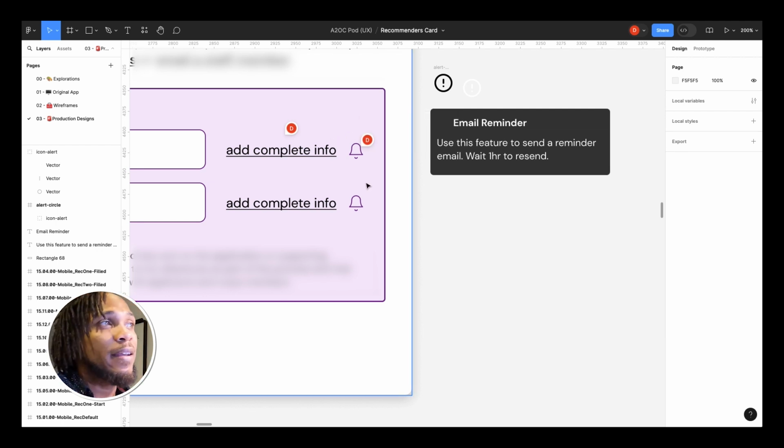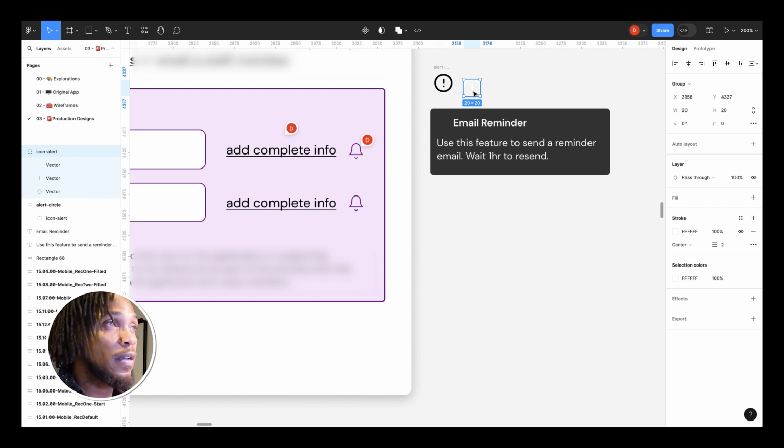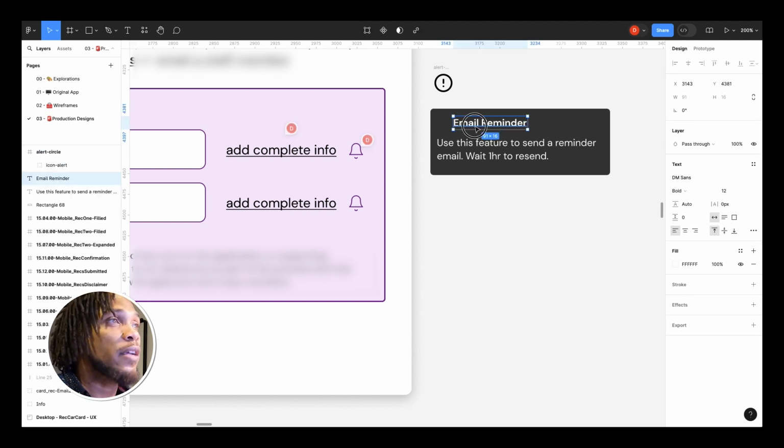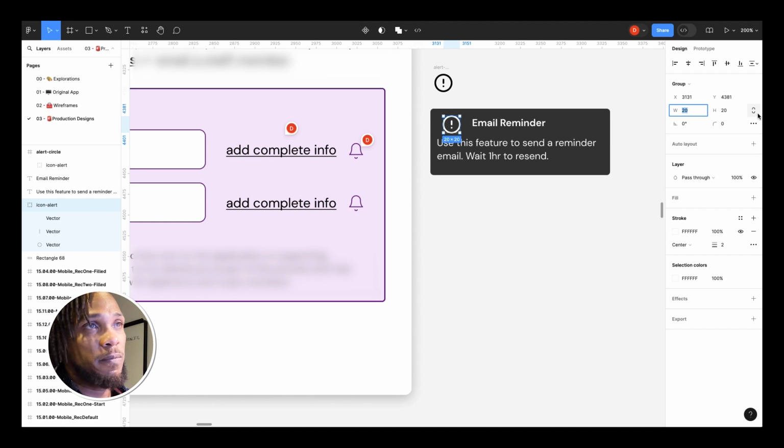Now I need to add, as you can see, a hover state or a tooltip here. And so after exploring it, I'm thinking to myself, hey, how about I use this particular state in some way, shape, or form to then add it to this particular design? So exploring using the brand elements from this design and creating just messaging for the actual tooltip. So we're just gonna explore and kind of move things around here. We're actually gonna take this